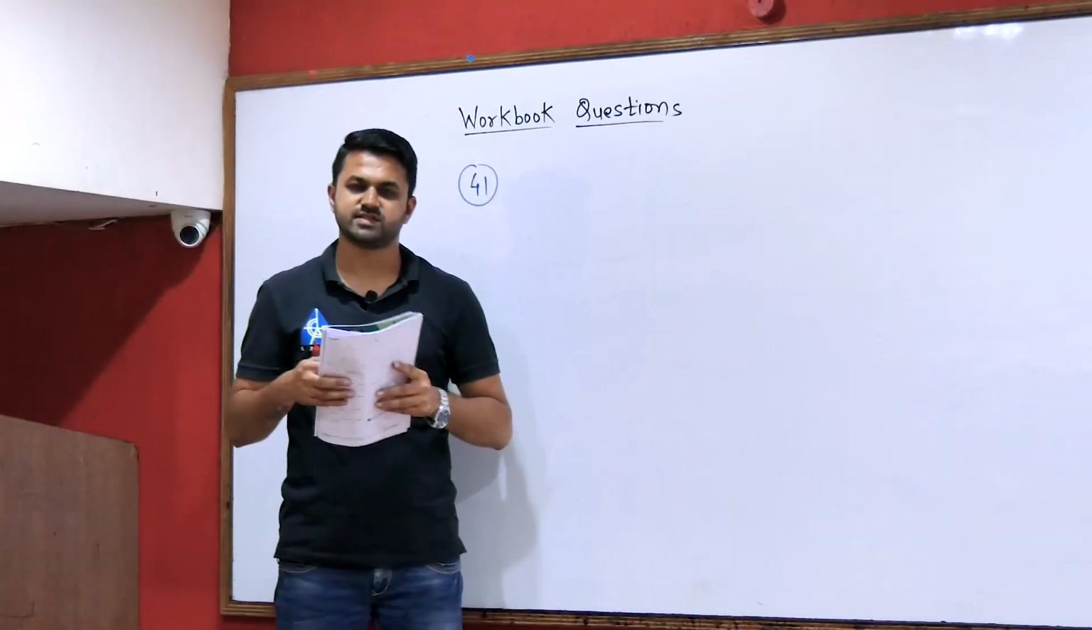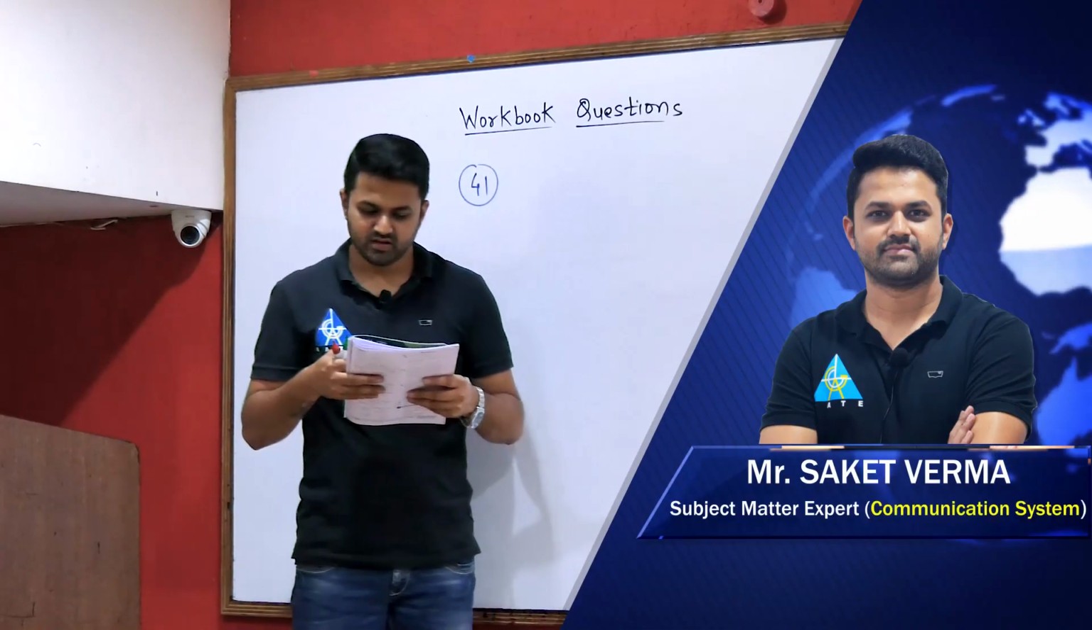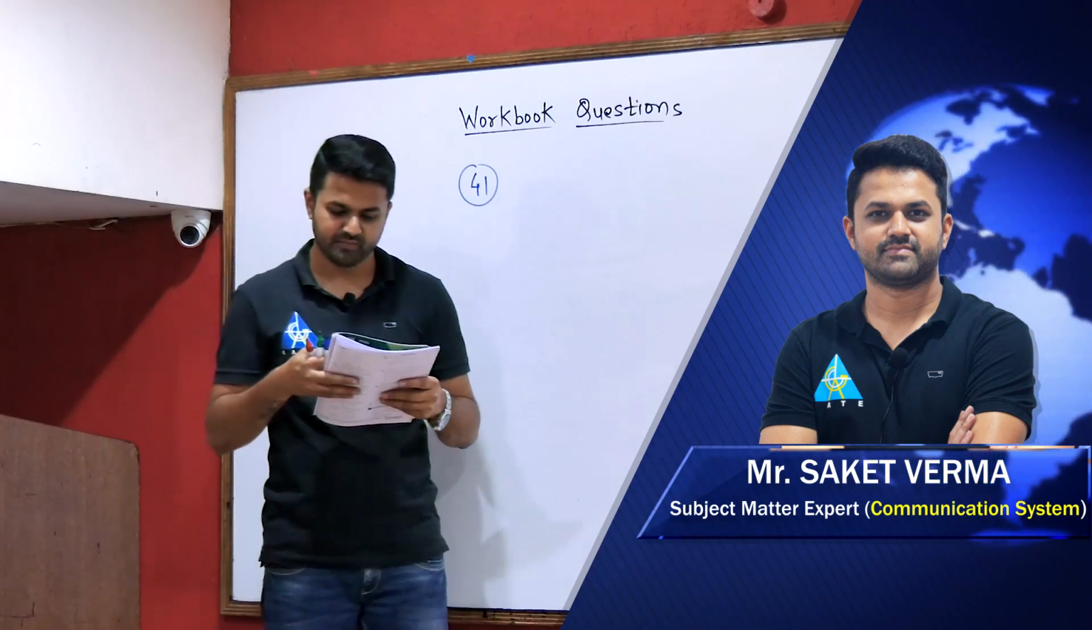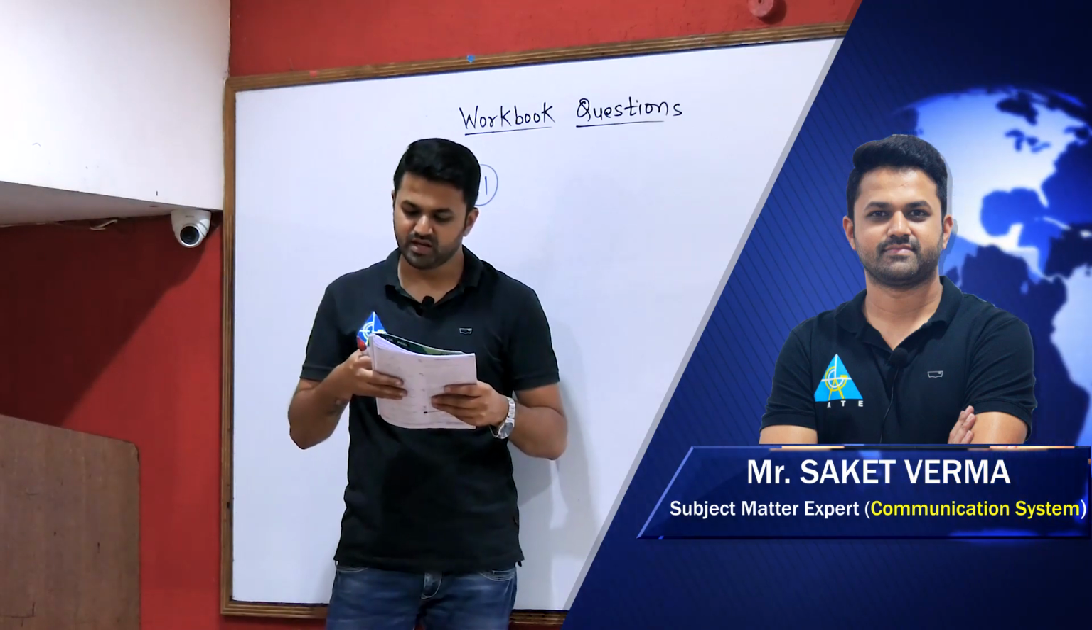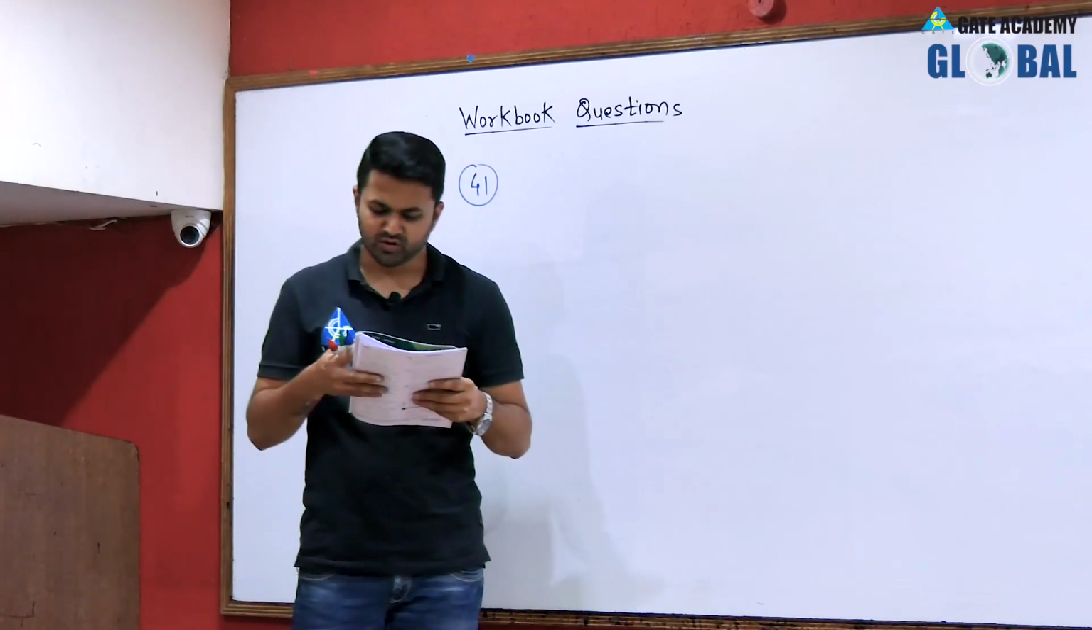Next we are going to solve some workbook questions. Now the question is question number 41. A message m(t) band limited to the frequency fm has a power of Pm. The power of the output signal is given in the figure. You can see that